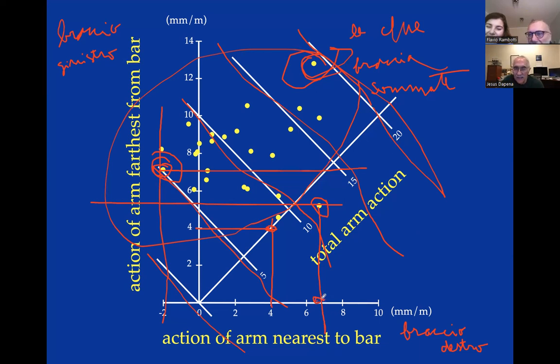Okay, so this distance from here to here, which is a value of about 5.3 or something like that, that's very low. So for this individual, the left arm is the one that is particularly weak. In fact, his right arm, this value from here to here, he's the best. Nobody is better than he is. So this is how I use this graphic. I can see if your arm action is weak or strong, and then I can say if it's mainly due to the left arm or to the right arm.